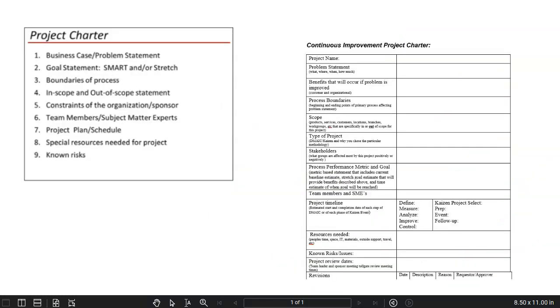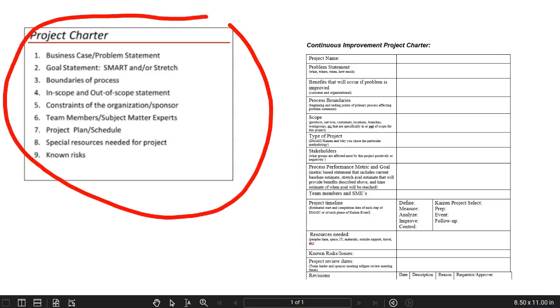So I've cleaned up my screen just a little bit. Some of the information that I'm going to be pulling up comes from our business process improvement workbook. And there's a great section in there about project charters, and it walks you through and gives you definitions of each of these fields. But most of my time is going to be spent actually working inside a process improvement project charter template. This template is available on the course website,